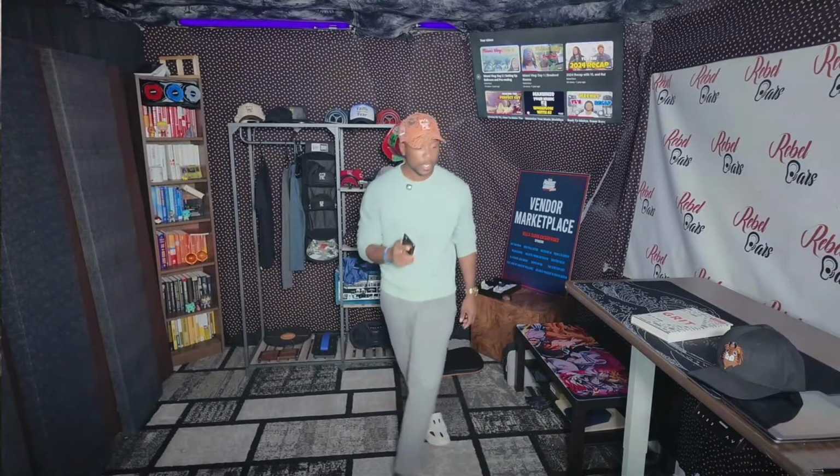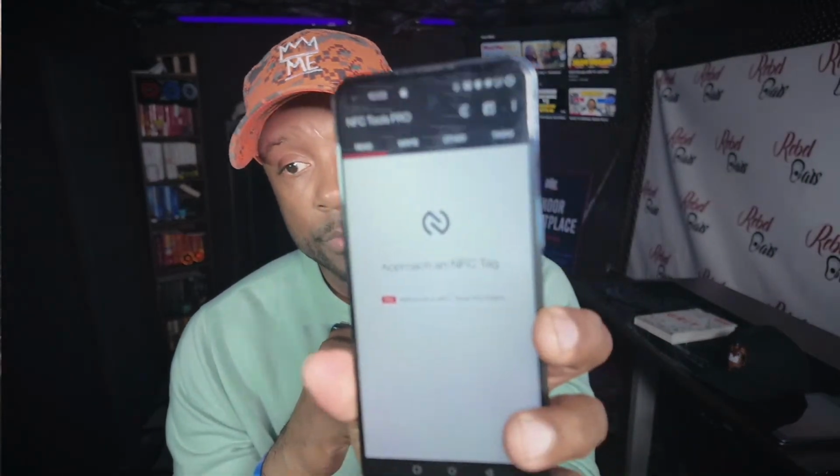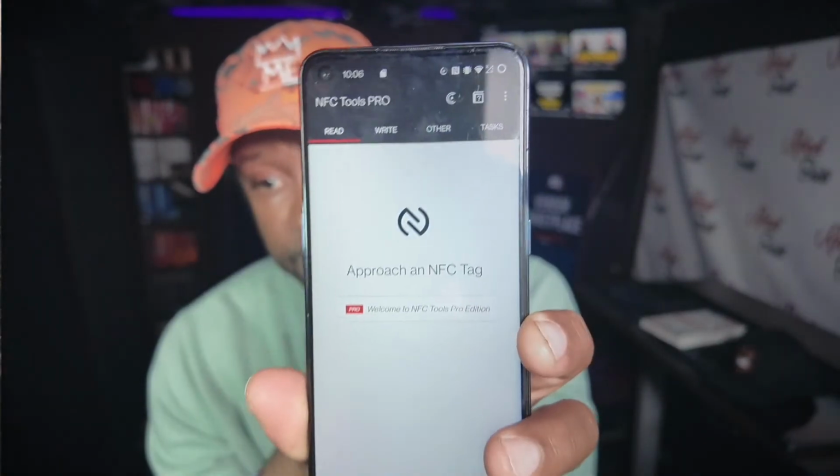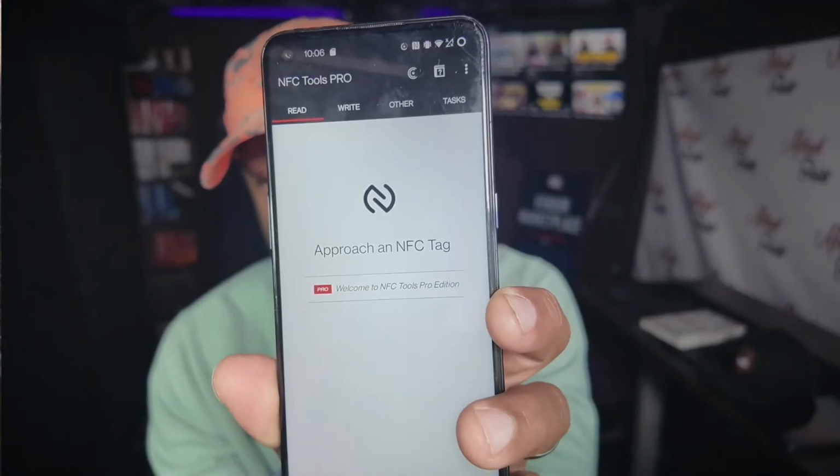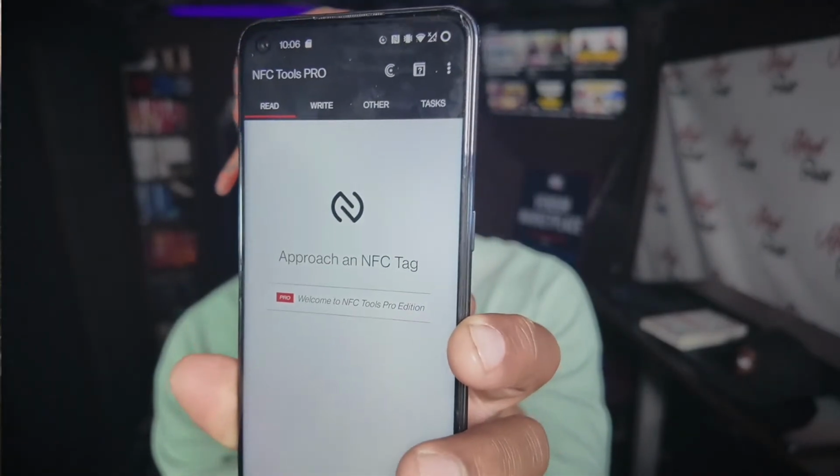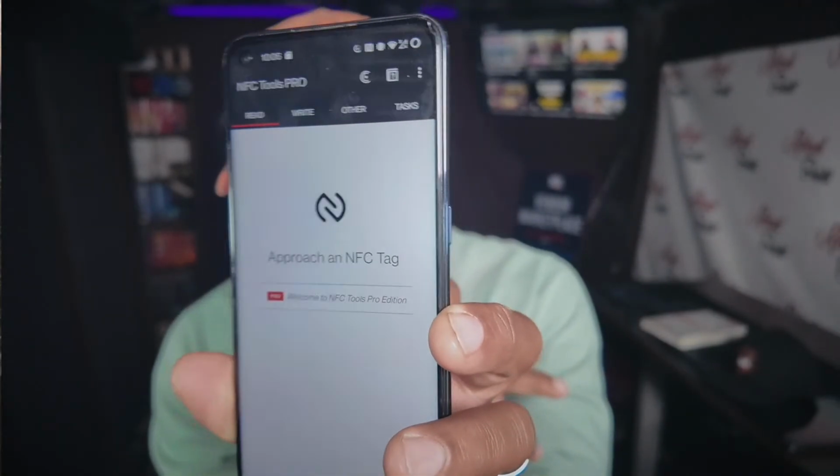No, I thought I had another bracelet that was nearby, but it was somewhere else. But this app right here, NFC Tools. This is the pro one, but NFC Tools is the app that you can expand your business with, all right?